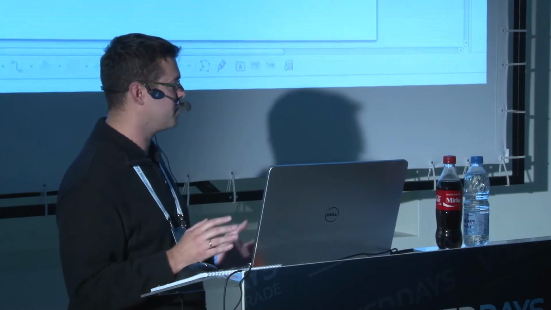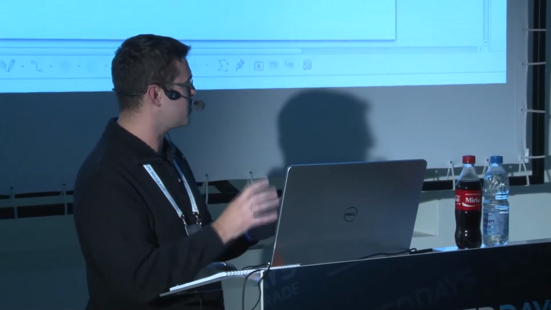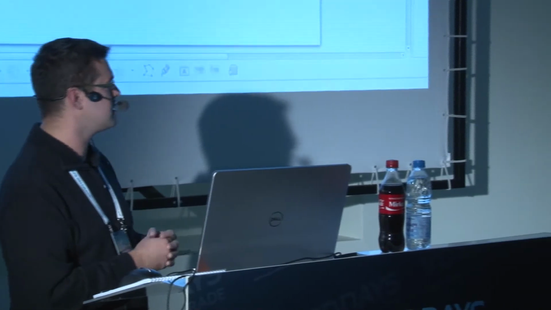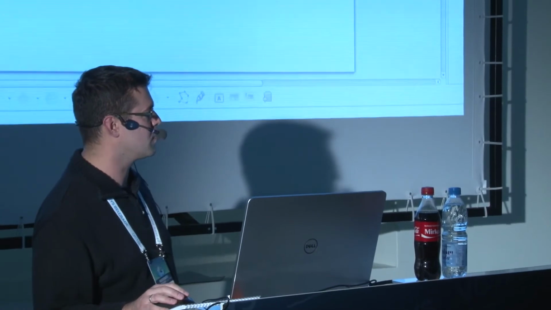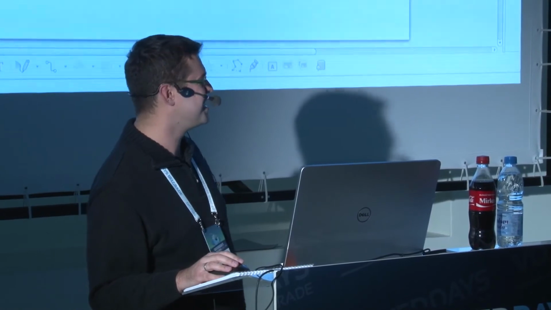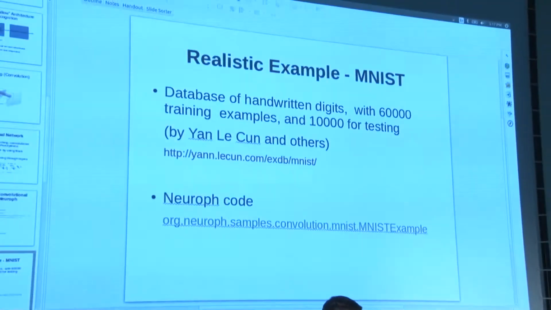And the other thing we would like to do is create distributed training. So when you're dealing with some huge data set, you can distribute different parts of the data set over different nodes. Exactly, like MapReduce. There was even a project proposal for Google Summer of Code for MapReduce on Hadoop, but unfortunately the student never got to finish that. So this was a very basic example. If you have any questions, feel free to just interrupt, raise your hand and ask.